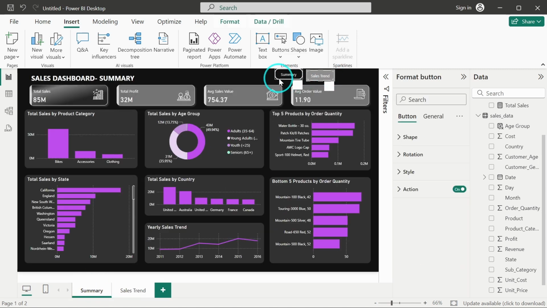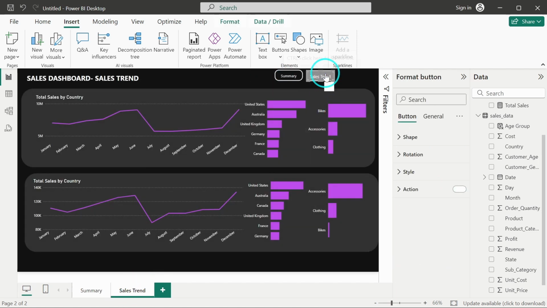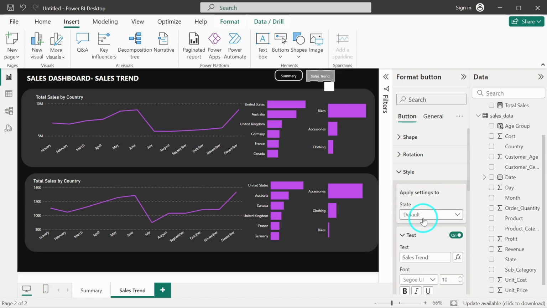Let me move it a bit down. Okay, it is looking decent. Here also I will just rename this to summary. In this I will rename to